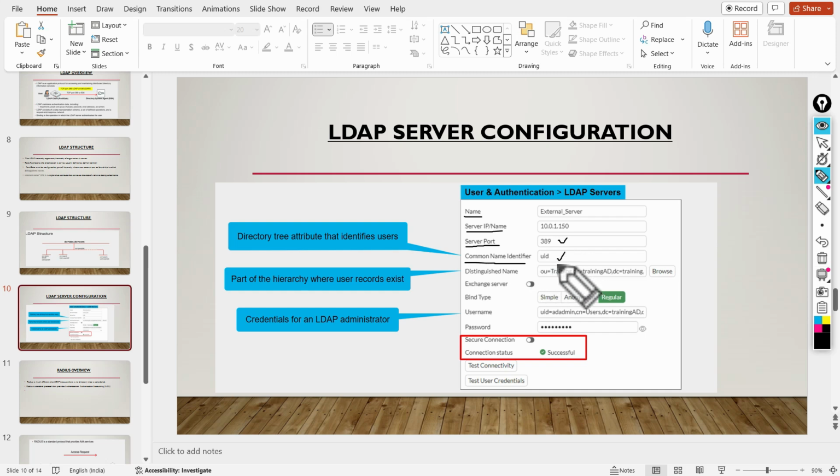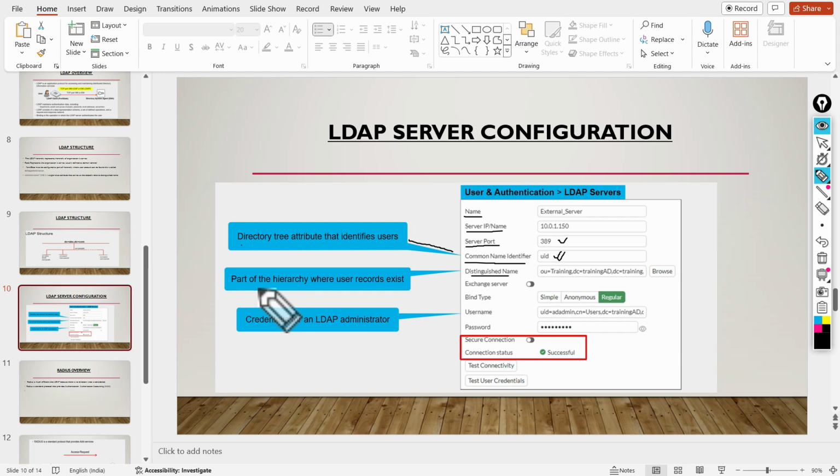Both can be used for the common name identifier. The directory tree attribute is used to identify the user. Here we can configure the UID or SAM account name, which is used for Windows, or I would say the domain controllers.